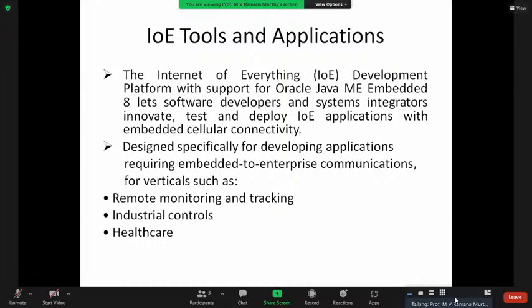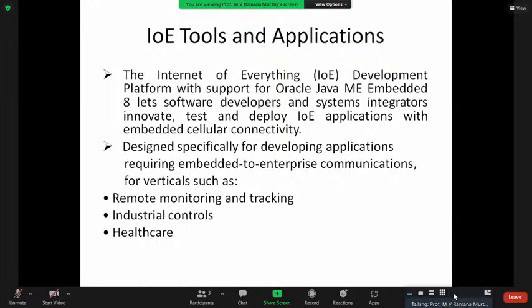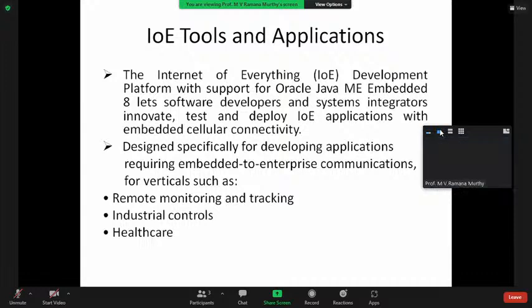The Internet of Everything development platform is supported by Oracle or Java. You can use it in embedded systems and machine embedded. Developers and systems integrators innovate. This is the object of this, and in this we use things in remote places, monitoring and tracking,